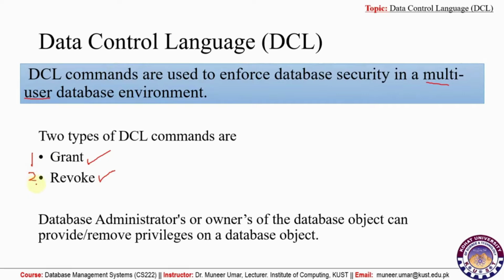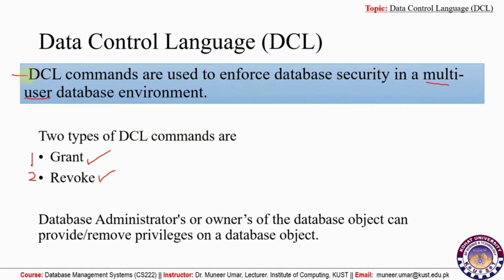First one is grant, the second thing is revoke. With the help of these two commands we assign privileges to users, and we may cancel these assignments with the help of revoke.